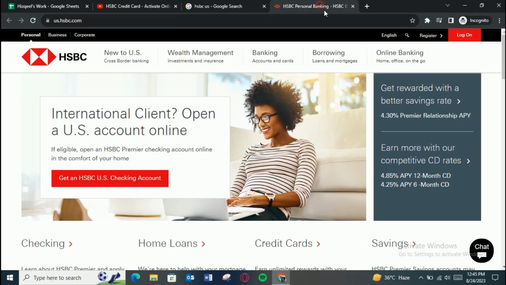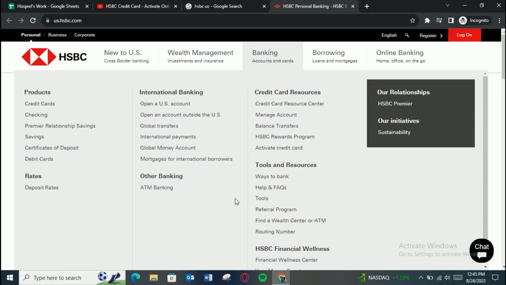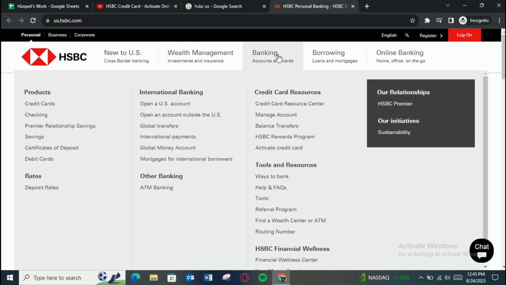First of all, open up any type of browser on your PC and search for HSBC Bank, or you can directly type the official website's link in the URL bar. Open up the first site that shows up and you can see that there are tons of options available on